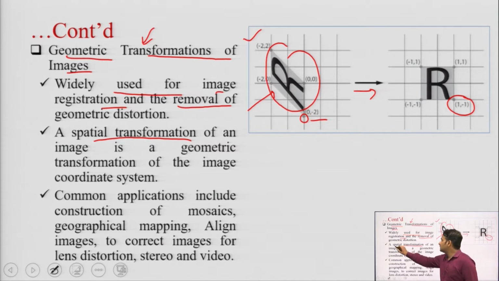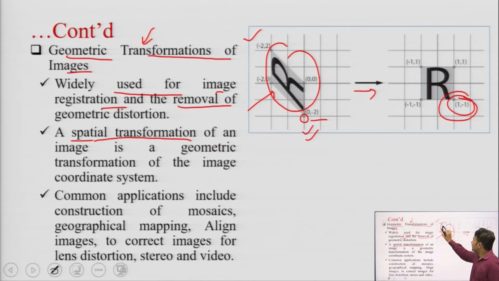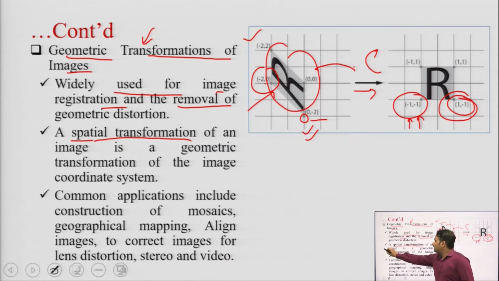That is spatial transformation, because here you are just changing its coordinate. See, minus 2 and 0 is changing to minus 1 and minus 1. So, your image is actually rotated clockwise. So, we can say that this operation is based on the spatial transformation, where the coordinate system is